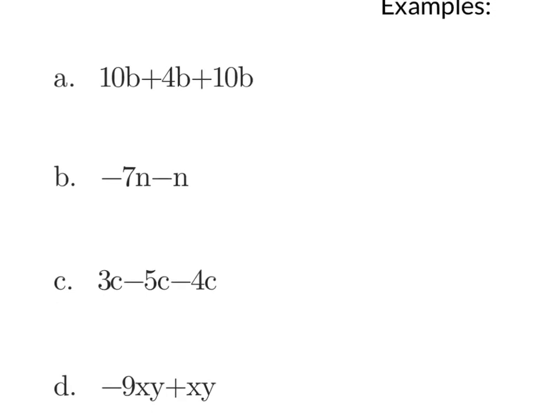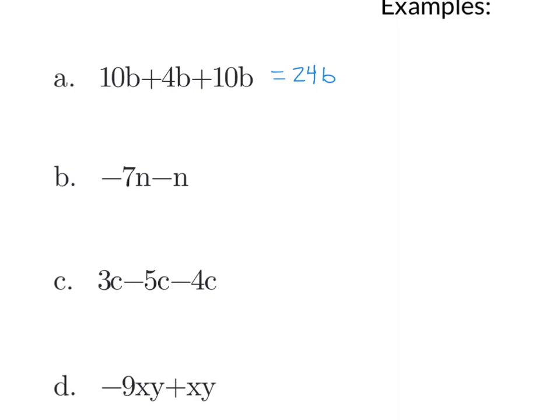Let's see how this is going to work. Okay, for example A, we have 10b plus 4b plus 10b. So the first thing we want to do is add our coefficients. I'm going to go ahead and just add the number parts. 10 plus 4 plus 10 equals 24. We keep the variable and we keep the exponent if there were any. And so our final answer is